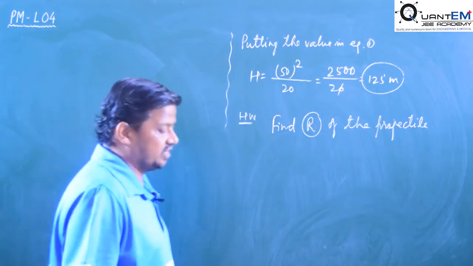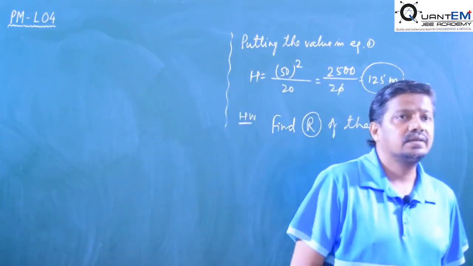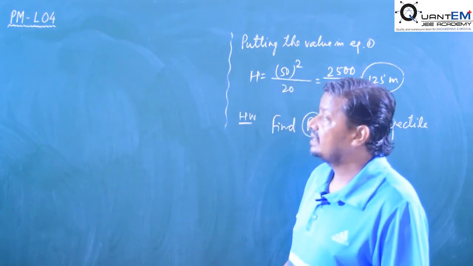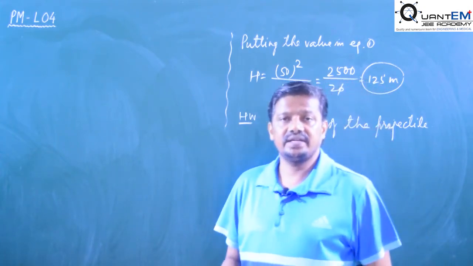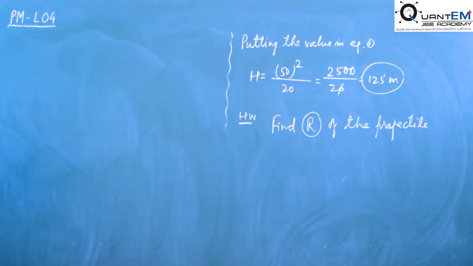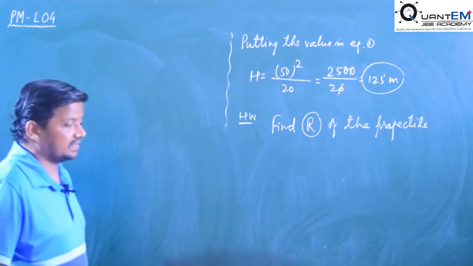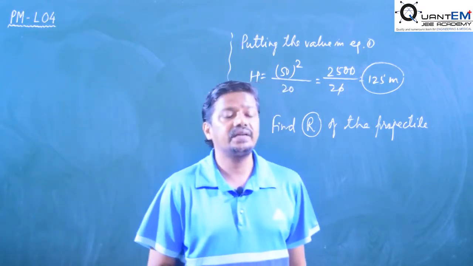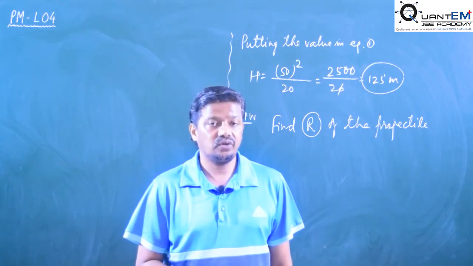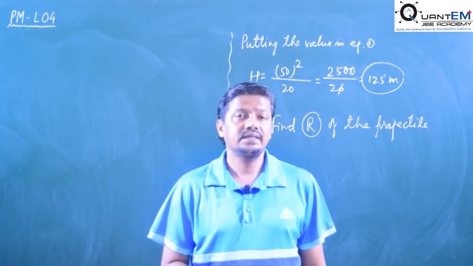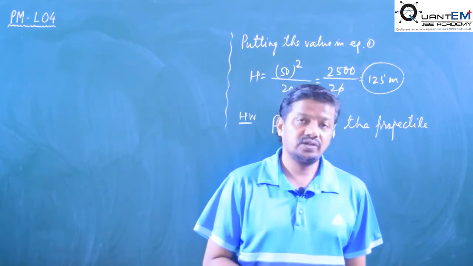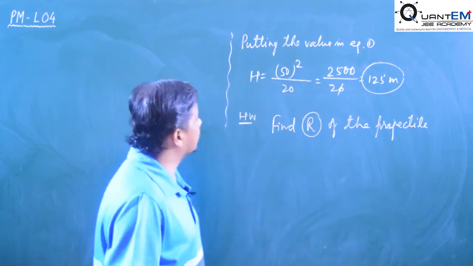Now we move to the next part. The next part was we have to find the angular momentum of the projectile about the point of projection when it was at the defined height. See, angular momentum we will do in rotational mechanics, but one application we have done in the vector part. The angular momentum of a moving particle is r cross p, that is the cross product of the position vector and the linear momentum vector.